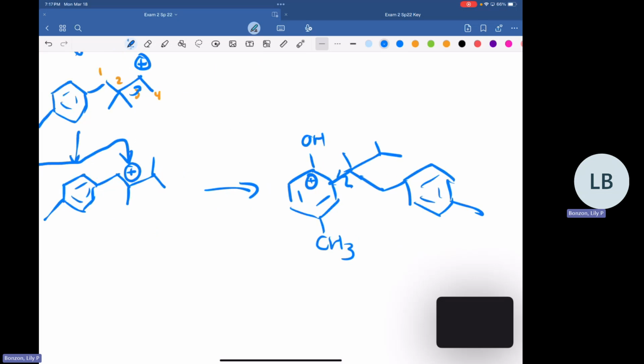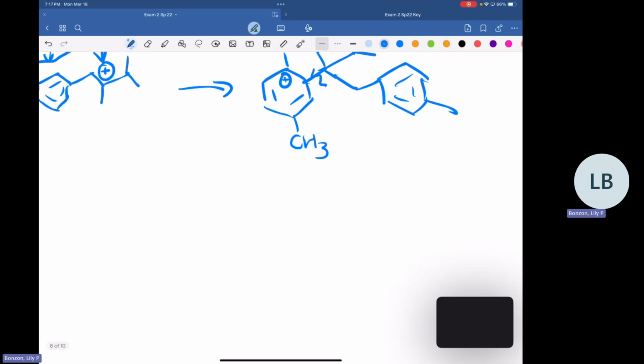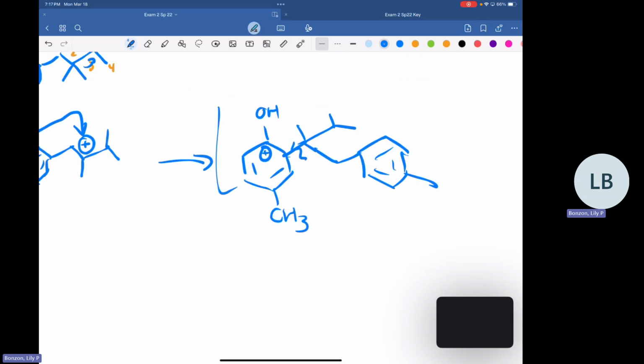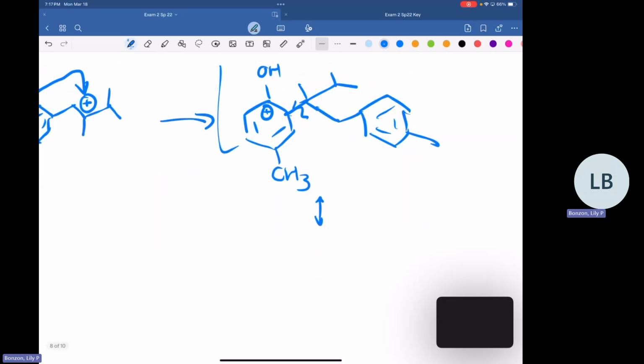So we have a benzene ring, and now we have a carbocation in that ring. And so we're going to do the whole EAS, what is it called? The resonance going around the ring. And so this is going to be a very big part of the question. You're definitely going to want to show this because it's probably going to be half of the points, if not more.